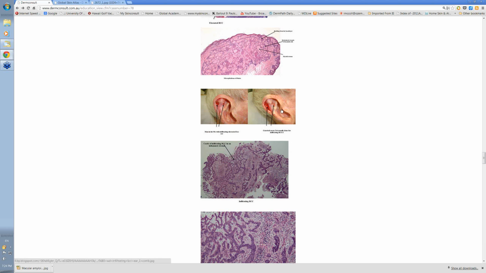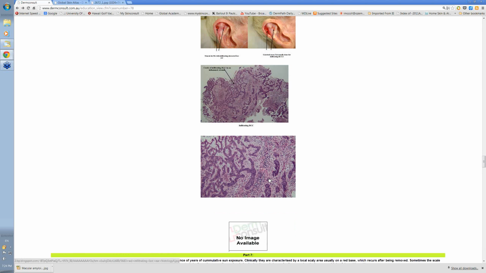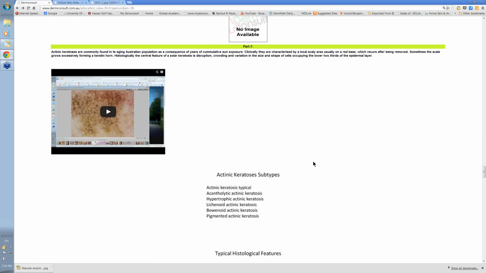Then there was this guy with infiltrating BCCs. Look at the infiltrating BCC, where you've got these strands going in and a big bit of stroma in between. We'll talk about that in a bit more detail as well. Then we're also going to look at actinic keratoses,